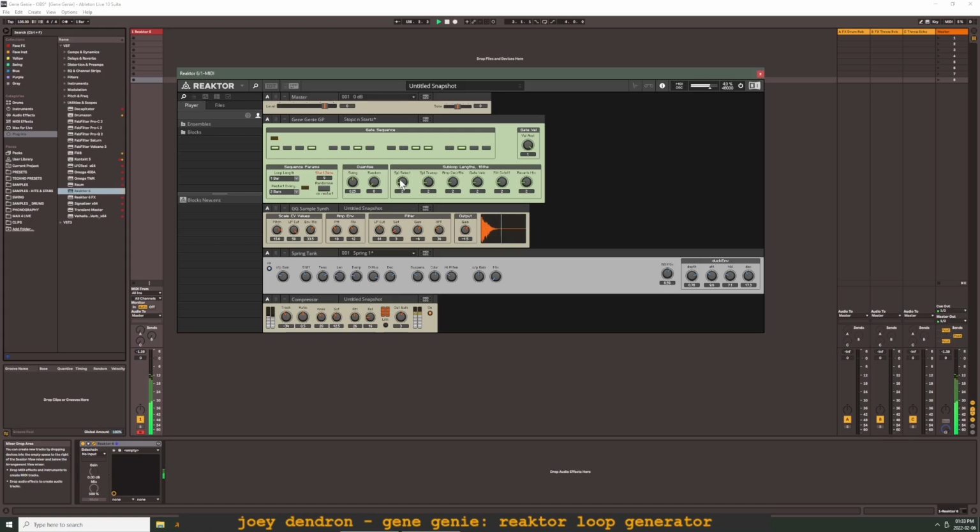But there are other loops going on, and there's a sample select loop which is only 2/16 long, and it's reading 2 random numbers from that table of 1,000 random numbers, and it's choosing a sample based on those numbers. And what that means is that I've got a bunch of random numbers in here, and I can have a bar long pattern, or I can have a 2 beats pattern,